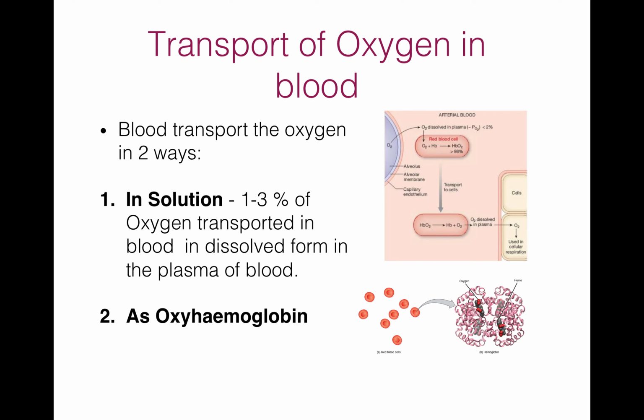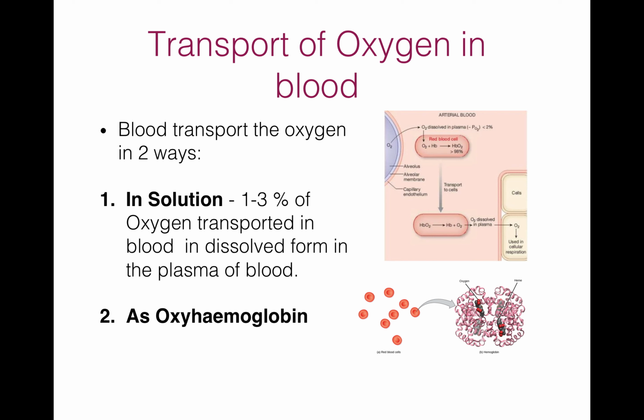In lower, smaller, and sluggish animals, the oxygen requirement is very low, and the oxygen is mainly transported in dissolved form in the plasma of blood. But in higher, larger, and metabolically active animals, oxygen needs are more, while oxygen is only slightly soluble in water or plasma. So oxygen is mainly transported in some bound form, generally associated with some respiratory pigment like hemoglobin.